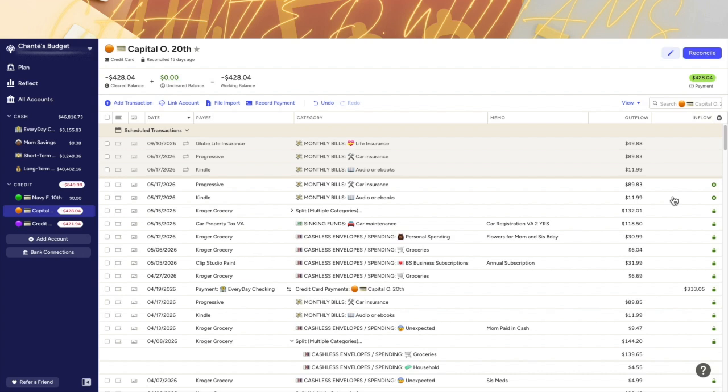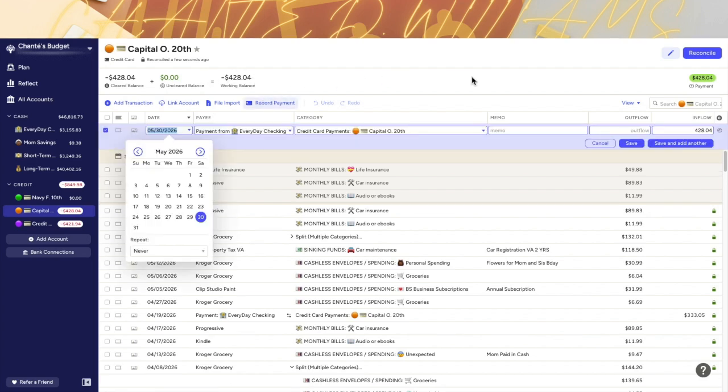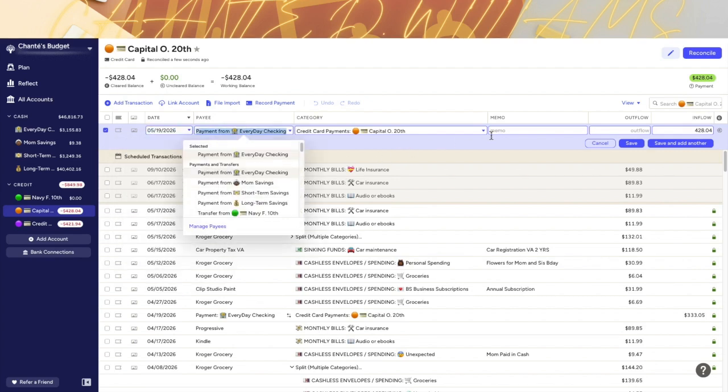And I paid my card off on the 19th, and I made another transaction on the 28th. So let me put that in. So all I have to do is reconcile this. It was $428.04. That's correct. I don't know why, but I do it like this before I record the payment. So I made a payment on the 18th, nope, on the 19th. The dates are a little off, but